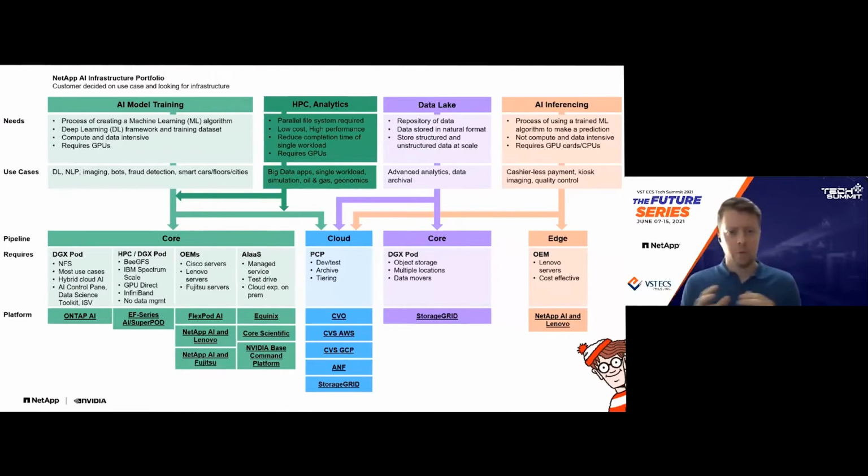And our solutions layer, this portfolio, is purpose-built for each particular type of not just use case, but application of that use case. So for example, our DGX pods, as we mentioned, use best-in-class NVMe all-flash arrays to give the absolute highest performance in terms of throughput, talking about 200 gigabytes a second of data being streamed into the GPUs. That ensures that if you're looking at very high utilization rates for large levels of infrastructure, we can provide that type of utilization